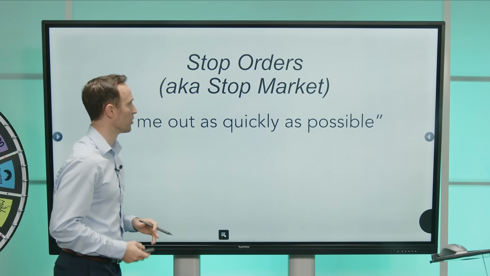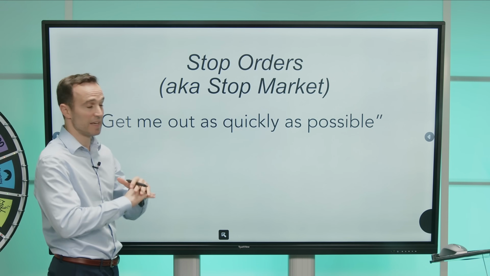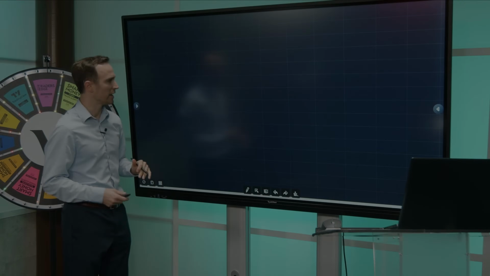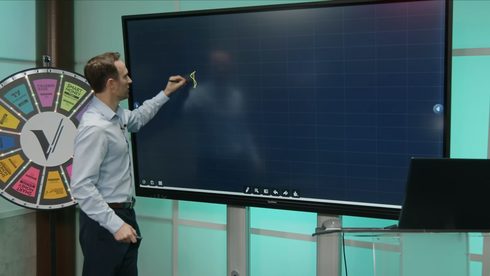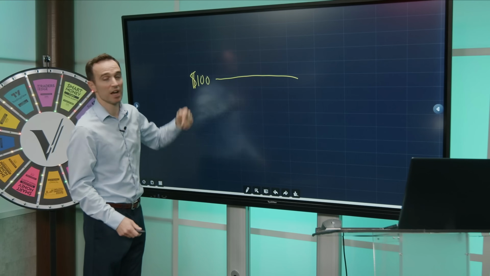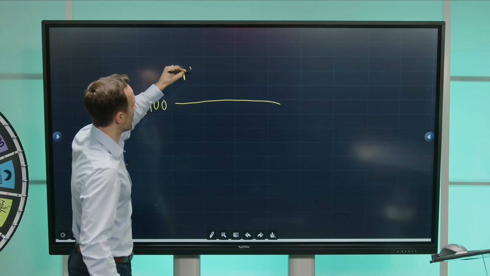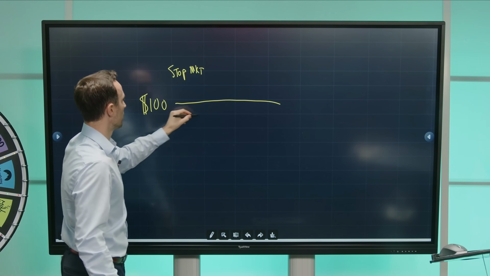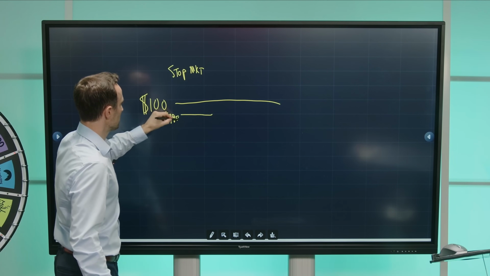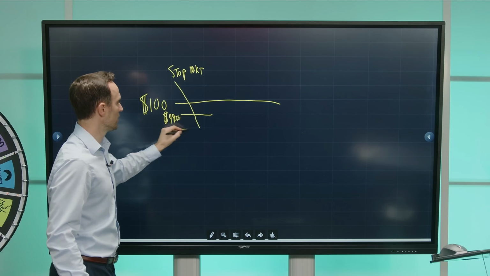So what are stop orders? So stop orders are essentially an order that says, get me out of the market as quickly as possible. I don't care what the price is, right? Okay, so a stop market. Let's say you have a stock priced here at $100, right? Here's your level, and you say, oh no, the stock is dropping. I'm long on the stock. I want to put a stop market order in right here at $99.50. All right? But let's say that the stock is falling so quick that the next buyer is down here